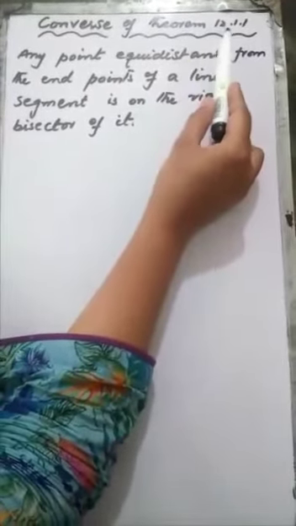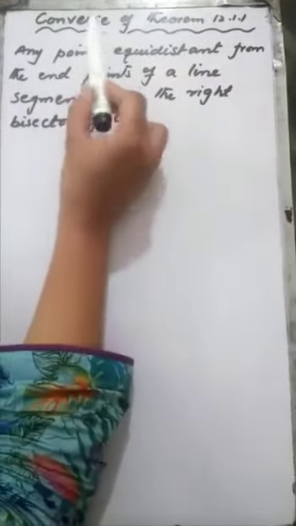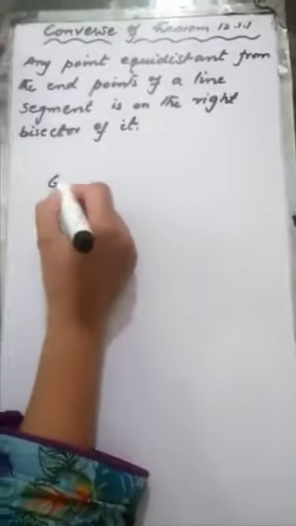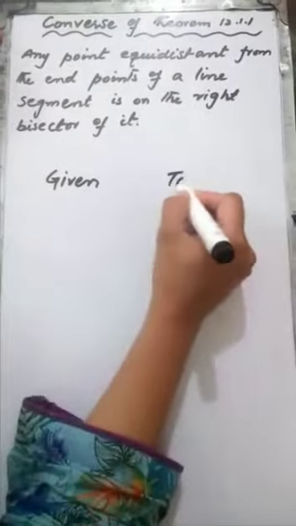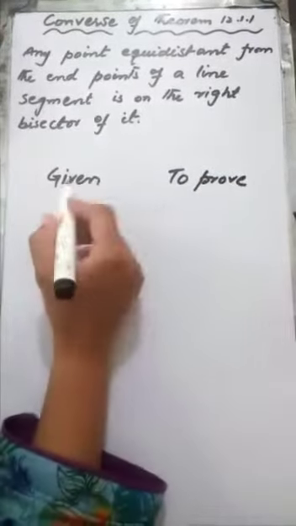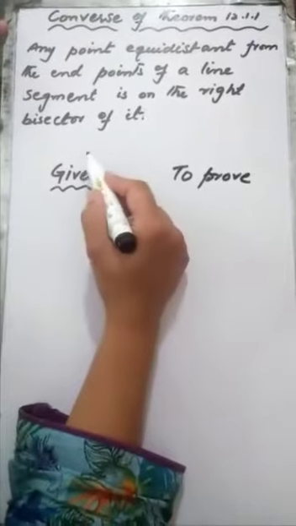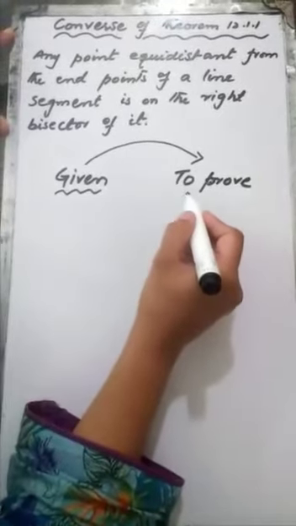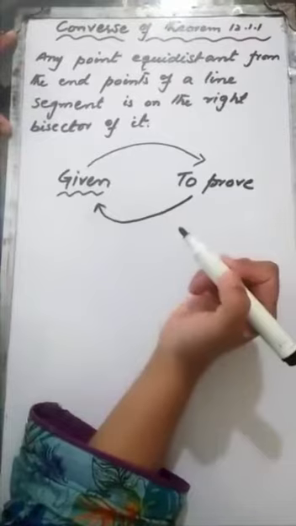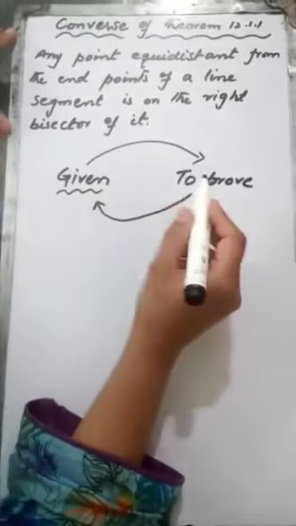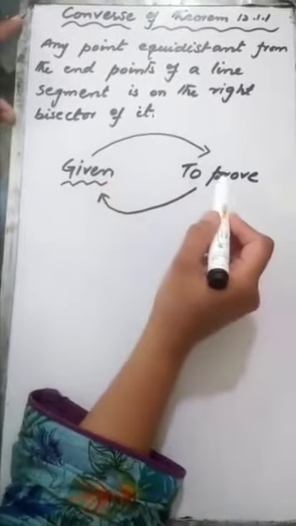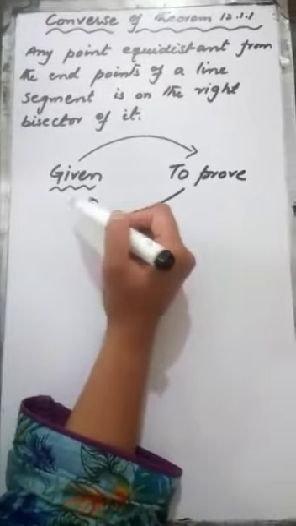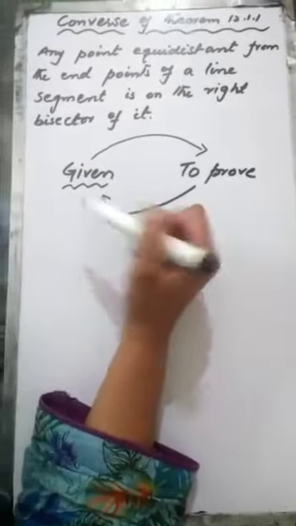We have done theorem 12.1.1. Now what is the meaning of the converse? Converse of theorem are such type of statements in which you have the given as the to-prove of the other. Suppose in one statement we have some statement which is given; in the other theorem it is to be proved. Means we have to prove it in the next theorem. Or if the to-prove is the given of the first theorem, then you can say that these are the converse theorems of each other. Means the given of the first theorem is the to-prove of the other, and the given of the other theorem is the to-prove of the first one. Then they will be said to be the converses of each other.